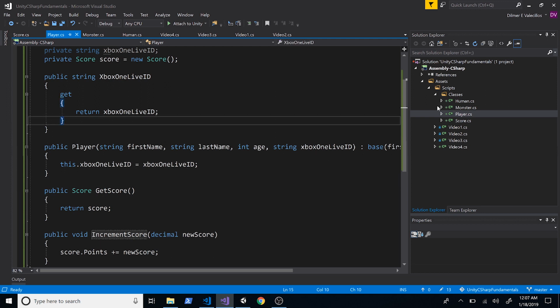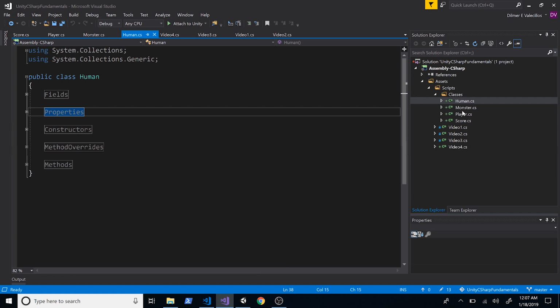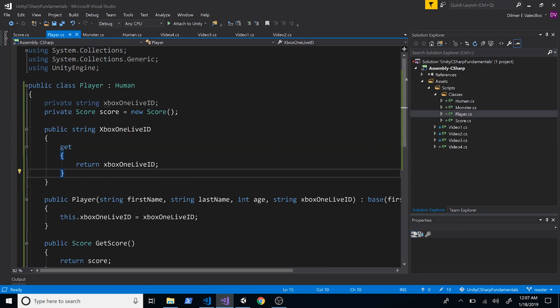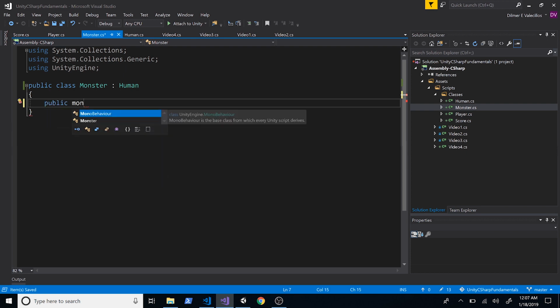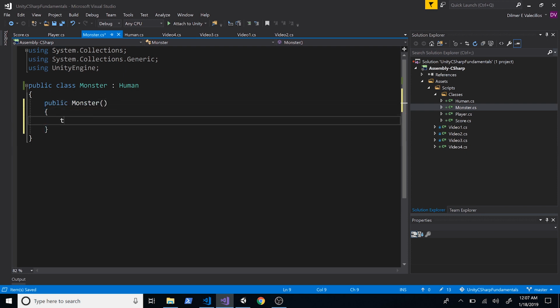So what I'm going to do is, we have a human here. We also have the player that inherits from human. So on the monster, I'm going to do the same thing. I'm actually going to inherit from human. But let's say this monster only has one hand. So we can do public monster and the constructor. And we can actually override the, if we do this,